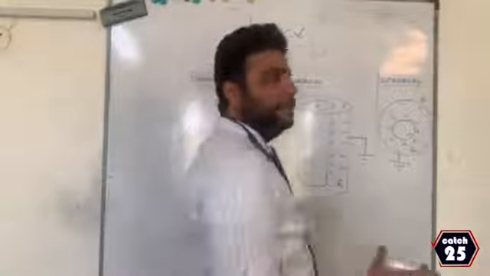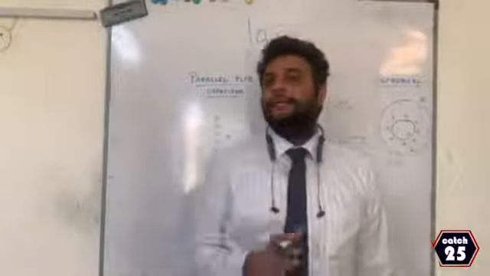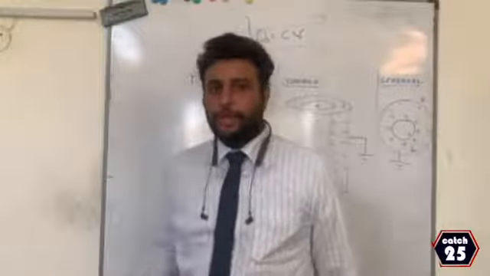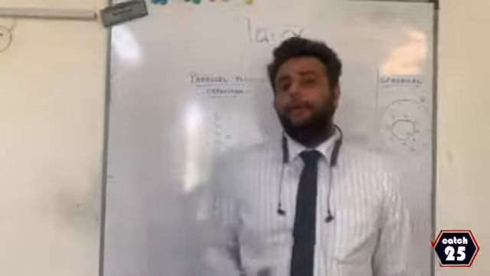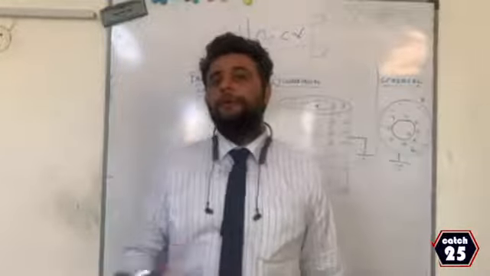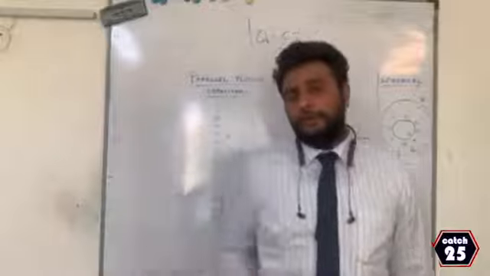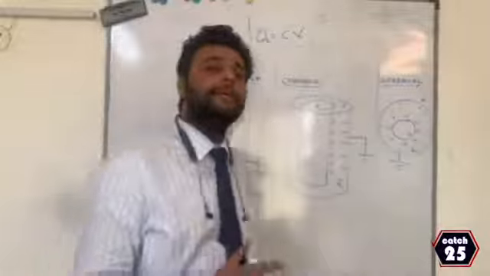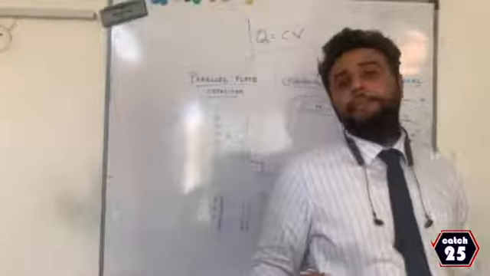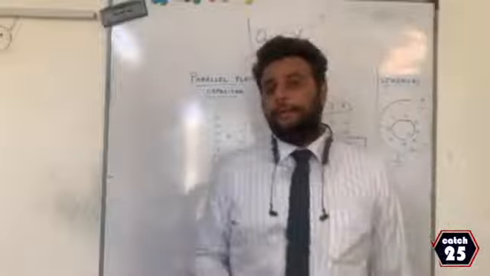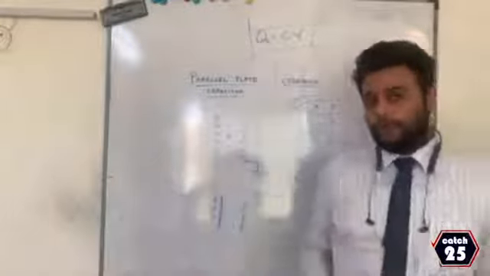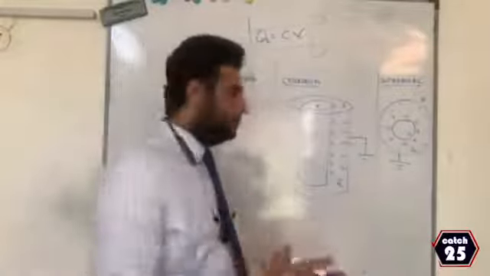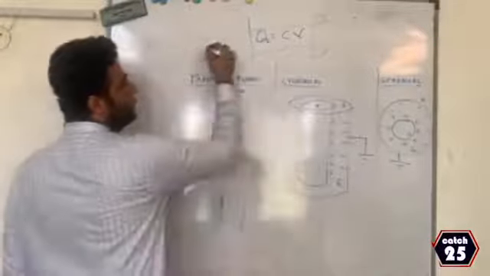Now, in resistors, you have studied, when resistors are connected in series, what happens? You have Rs is equal to R1 plus R2 plus R3 plus ... And if they are connected in parallel, you know what happens? It is 1 by Rp is equal to 1 by R1 plus 1 by R2 plus ... Similarly, now we will derive what happens when capacitors are connected in series and what happens when capacitors are connected in parallel. Before that, you should know two important concepts. When any component is connected in series, you should know this, which I have done in the past.